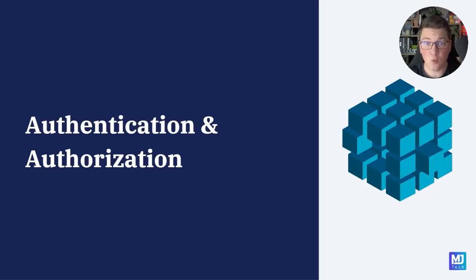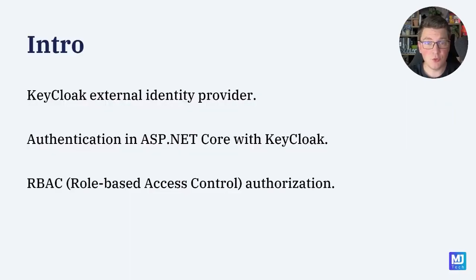Now, let's take a quick look at what we are going to cover in this chapter. First, we will introduce a new component into our system. This will be an external identity provider called Keycloak, and we're going to set up Keycloak from scratch in the next lesson. We are also going to implement authentication with our ASP.NET Core Web API using JSON Web Tokens that we will generate using Keycloak. Last but not least, we are going to implement authorization, and to be more specific, role-based access control using roles